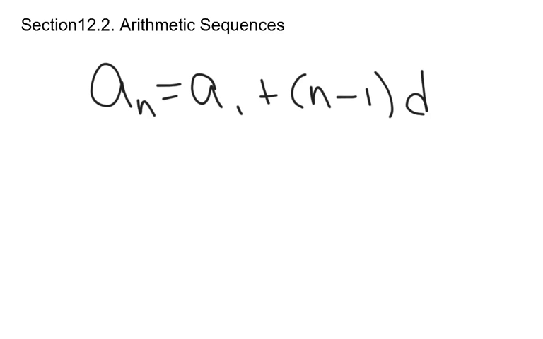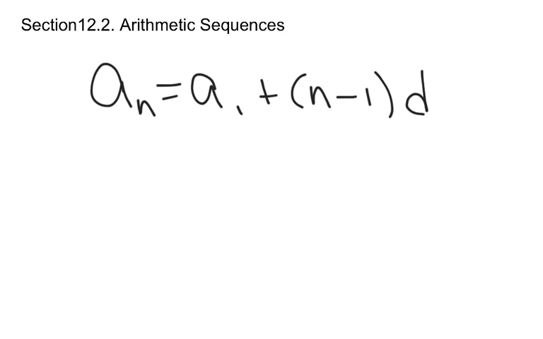Arithmetic sequences are sequences in which each consecutive term either goes up or down by the same value. That means that you either add or subtract the same number to get each consecutive term. This formula, a sub n is equal to a sub 1 plus n minus 1 times d, is the definition